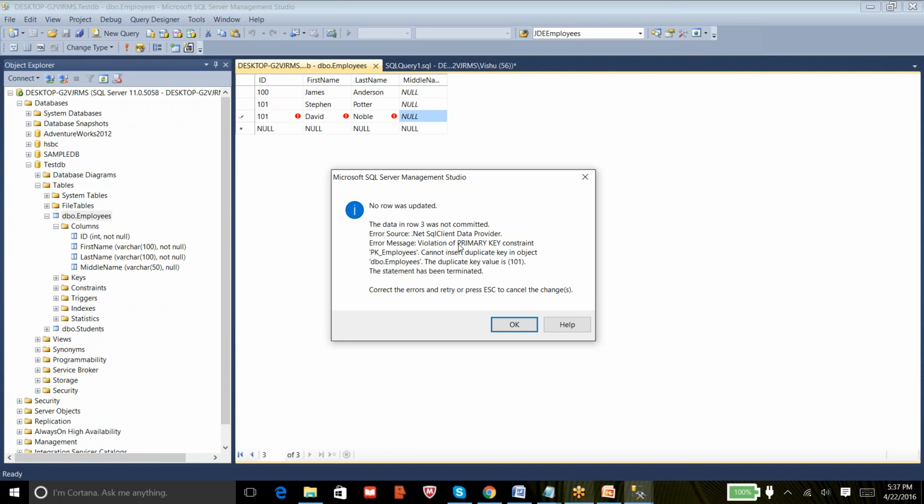It's because of violation of primary key constraint. The pk underscore employees is a primary key on this table, and it says cannot insert duplicate key in object dbo.employees. So it clearly says that you cannot insert duplicate values because this table has got primary key.